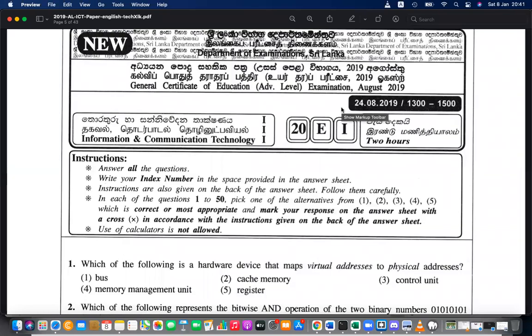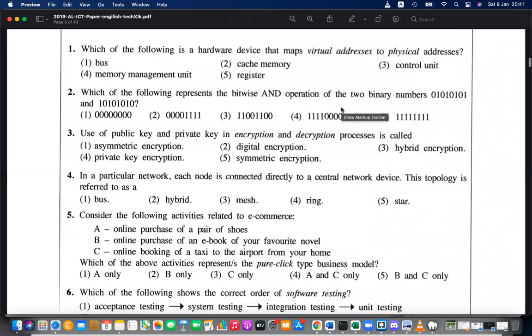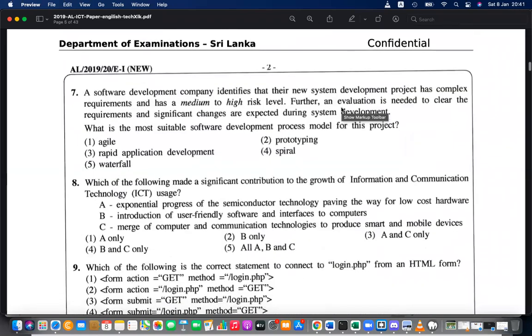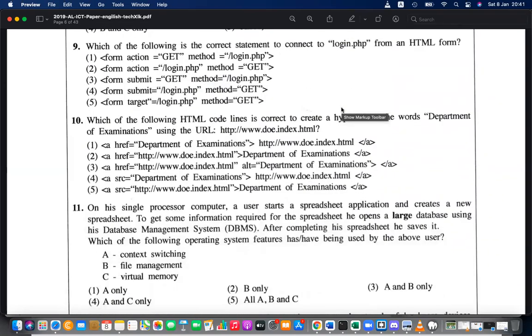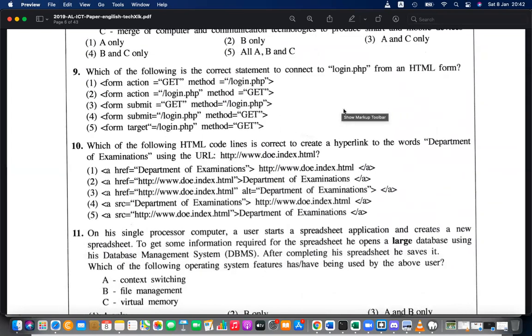Okay, let's move to the ER diagram question, because whatever we learn, you should be able to test this. Otherwise it is useless, because whatever we learn during the class time, you need to test that and understand that.